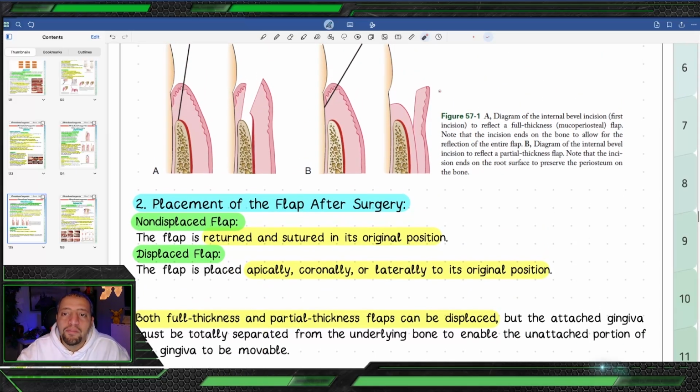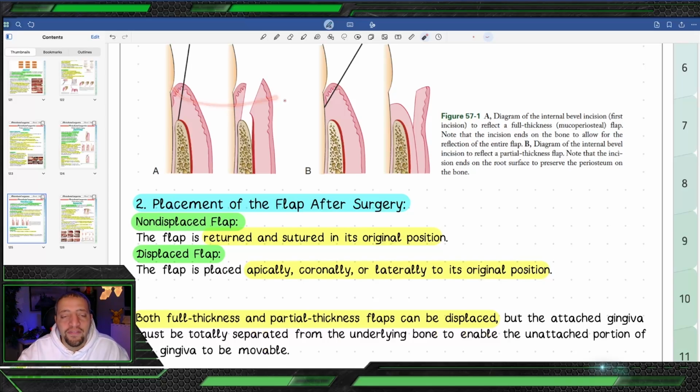Displacement of the partial thickness flap is easier because you have something covering the bone. So you can displace it coronally, you can displace it apically, or you can suture it to the same place. This one can be displaced, yes. But if you are going to displace this one apically, for example, you are going to leave exposed bone in this area. This exposed bone, you cannot leave by itself, so you are going to do something else to cover this bone. If you are going to attach it here coronally, yes, you can do it again, but the